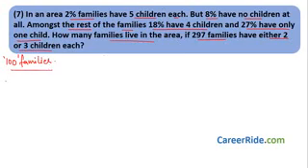Now what they say, 2% families have 5 children and 8% families have no child at all. What do we want to find? Total families which live in the area, and a number is given, 297. It is related to either 2 or 3 children, right? So now 100 families are there, 2% have 5 children, 8% have no children, so that is 10% total, right? So 10% families have either 5 children or no children, right? We add both of these.